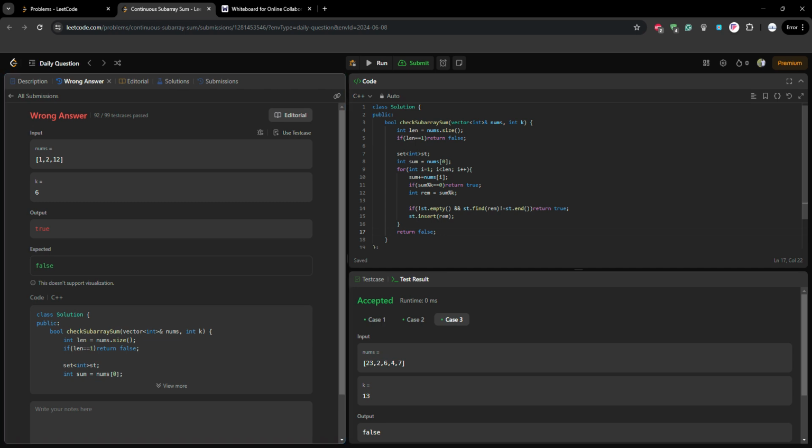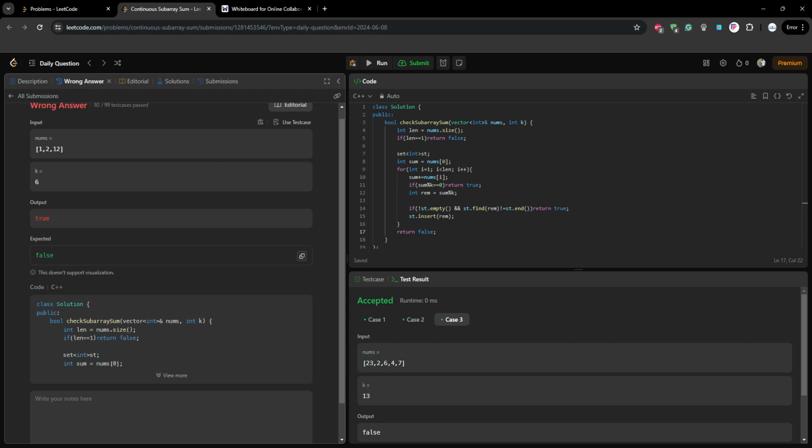Oh, wait, I think I got why it's wrong. I think we can do something like nums 0, nums 1, and we can start this loop from 2.